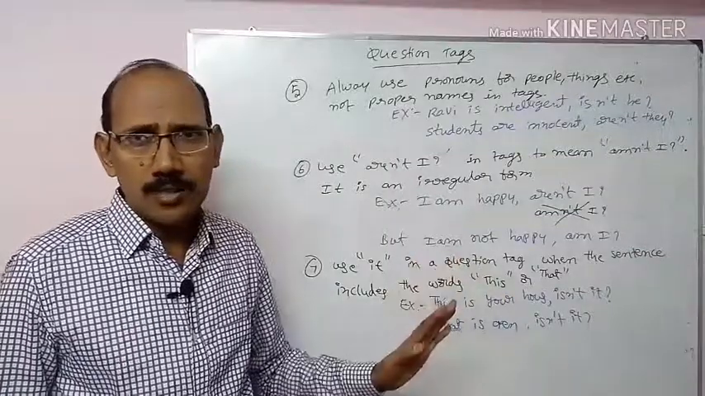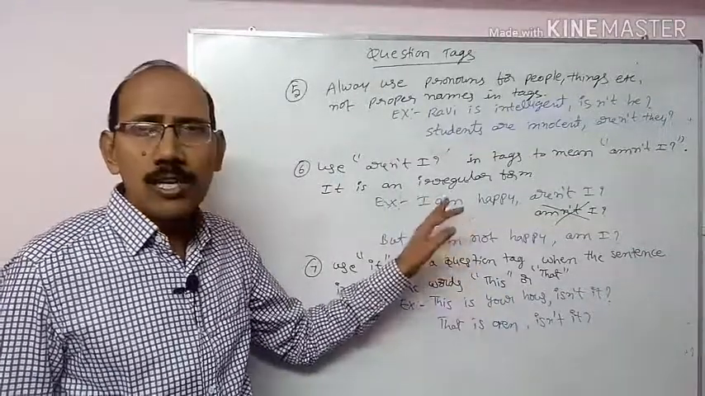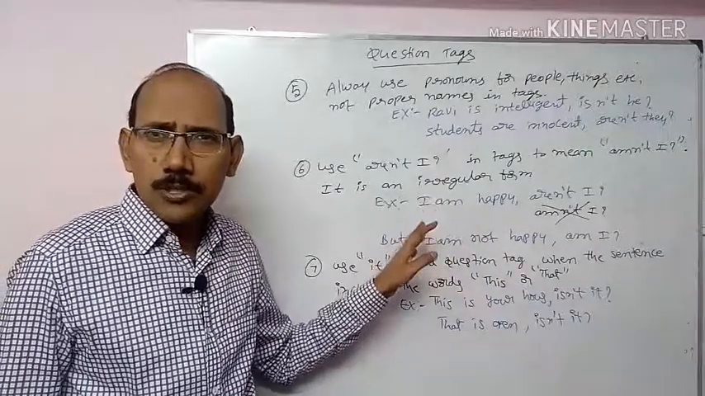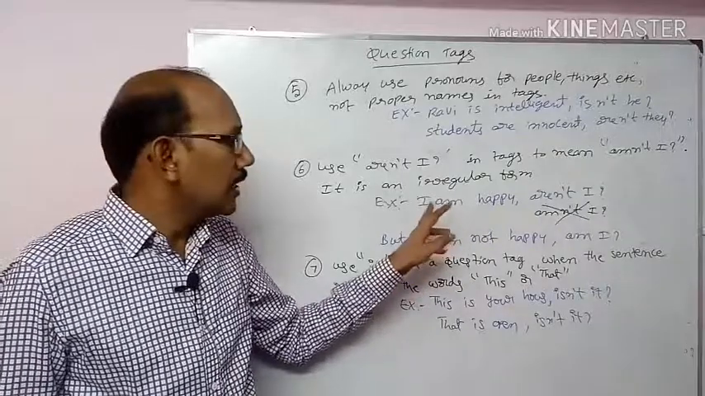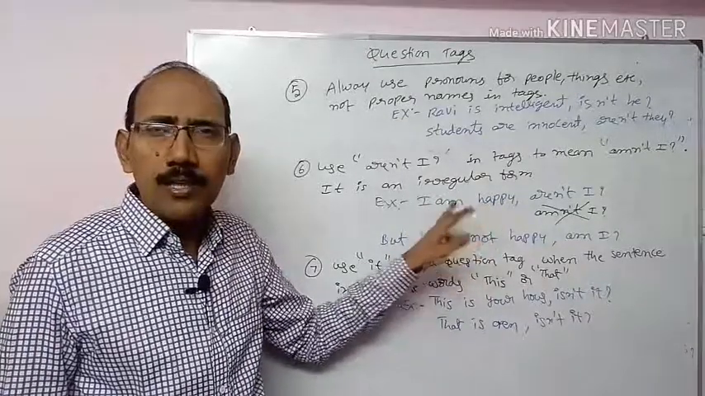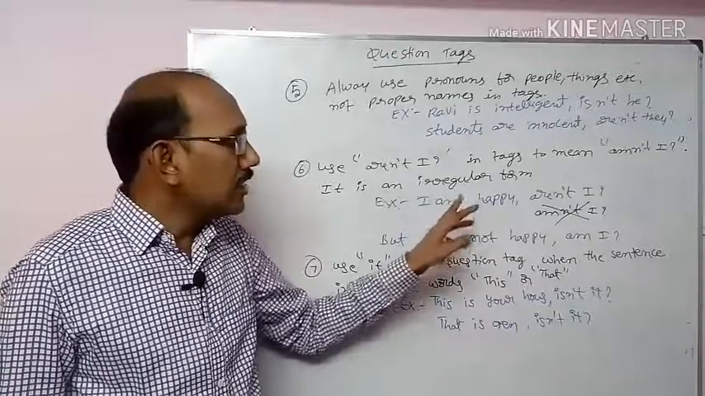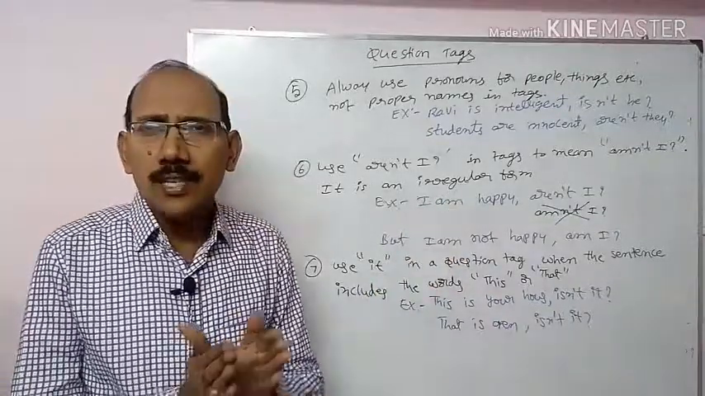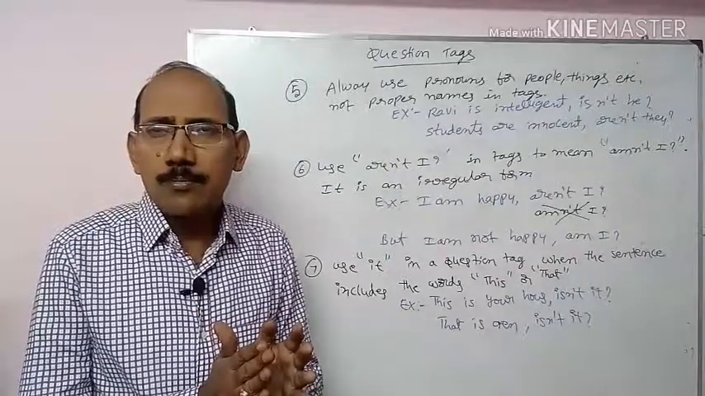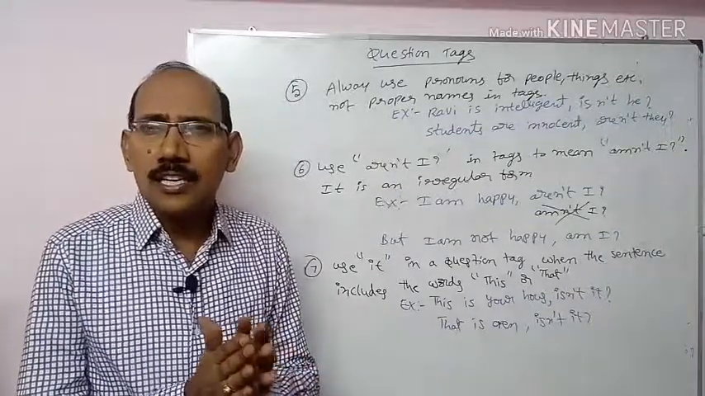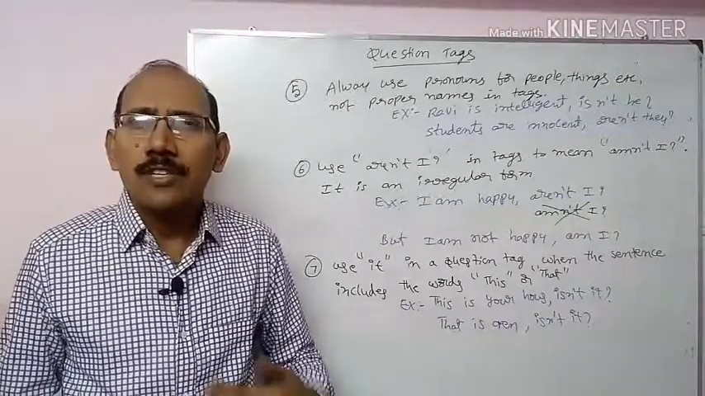"Am I" is correct. You are not supposed to write "RI". The exception is only when the statement is positive with I, like I am happy, I am safe, I am clever. At that moment, instead of "amn't I", we have to use "aren't I". That is only an exceptional one, and it is an irregular form. We have to just remember this one with the help of